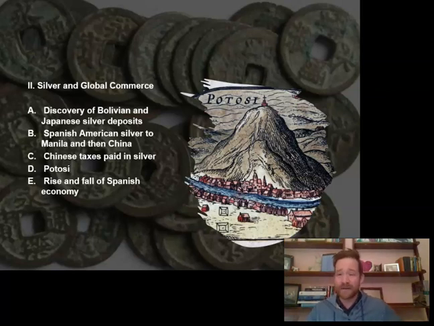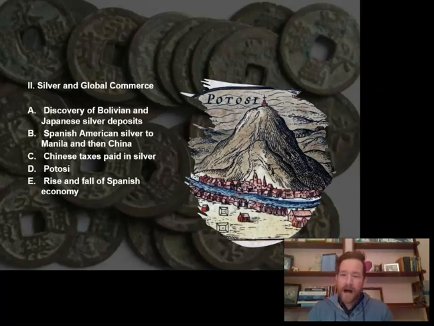And it wasn't just Bolivia, it was Mexico too. And Spanish pieces of 8 were a standard coin around the world. Much of Spain's silver flowed west to Manila, where it was then spent on Chinese goods before it made its way into China proper. Silver that went toward Europe was frequently spent on Asian imports. Any way you cut it, it was going to Asia.